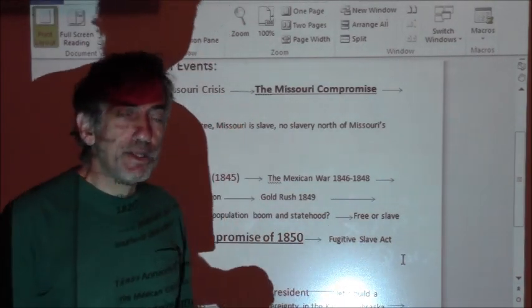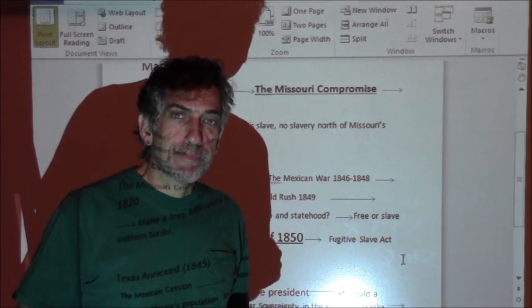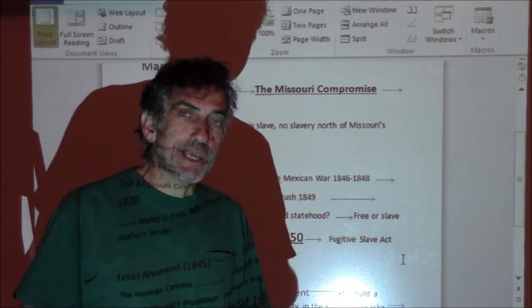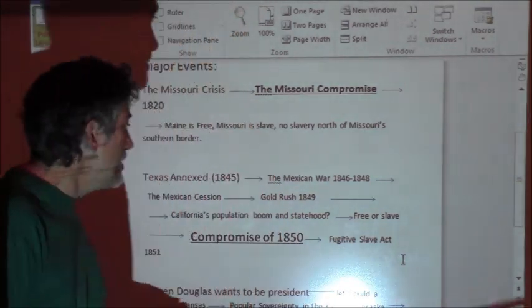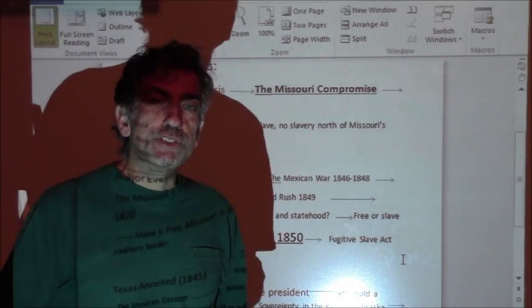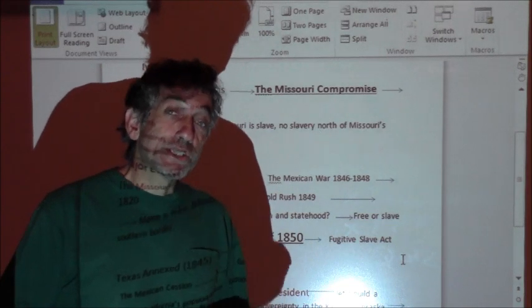And the Compromise of 1850, real briefly, says that California enters as a free state, and in return, slave owners down south will get the right to capture their slaves any place they run away to in the country. And that's going to be called the Fugitive Slave Act of 1851. That Fugitive Slave Act is going to be incredibly controversial, because now essentially slavery can extend into any part of